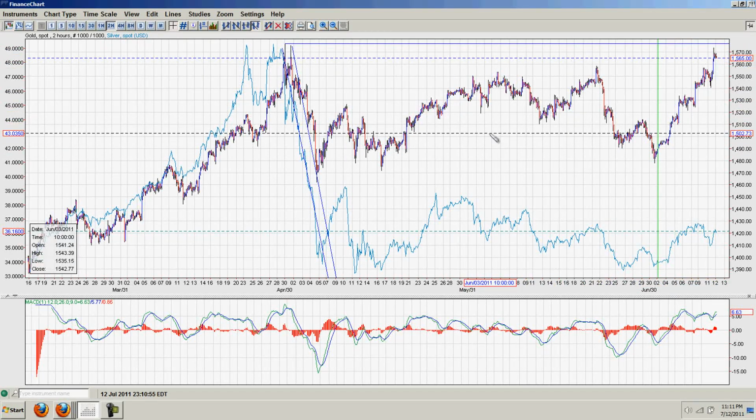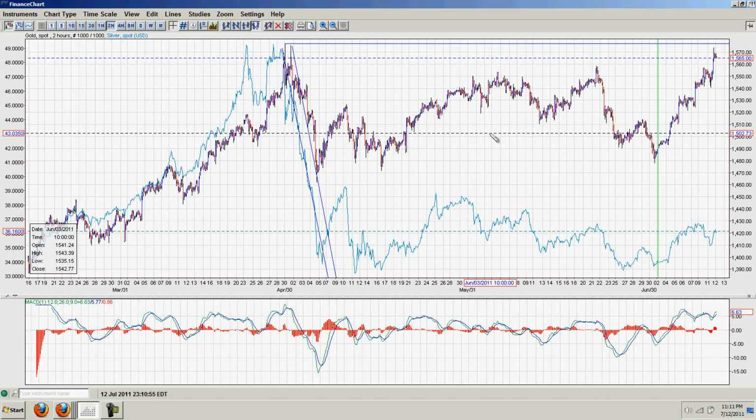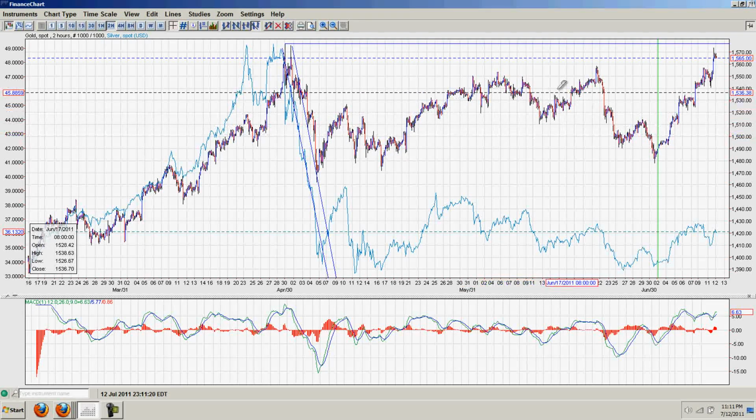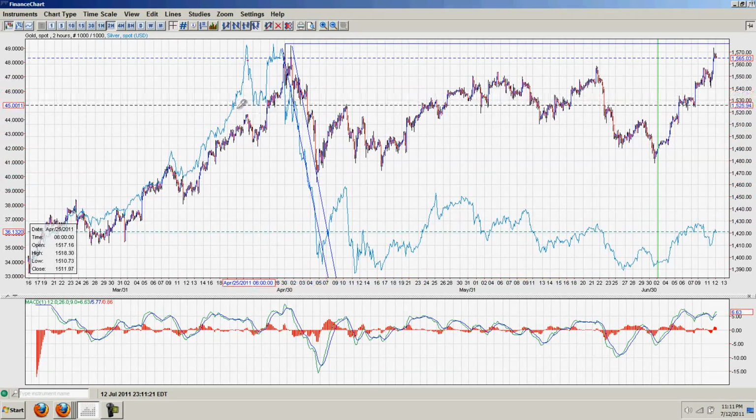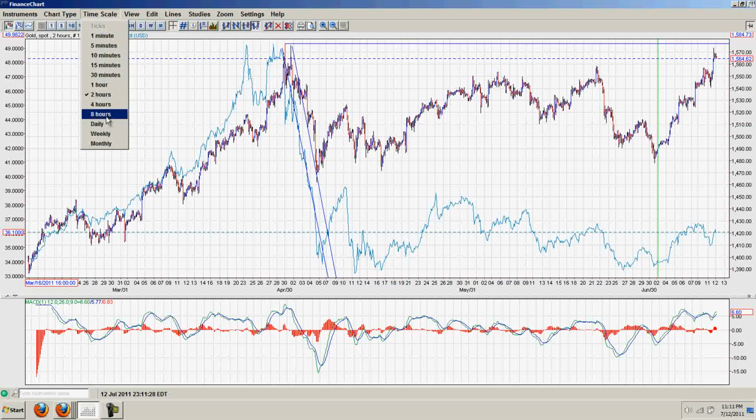So this news is accompanied by a lot of other pieces of news. There's just too many things to cover. I can't cover them all, but I want to go over the highlights. So the first thing I want to point out is this is the gold silver overlay, and if we go historically, we can pull out to the daily,